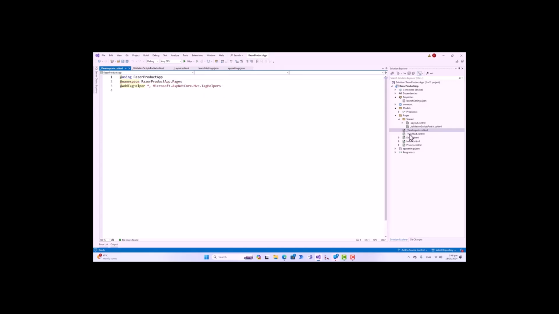And then we have got this view start. So the view start file is used to specify layout and view execution settings that apply to all Razor pages in a directory and its subdirectories. It is often used to set the default layout for pages within a specific folder or to configure global settings